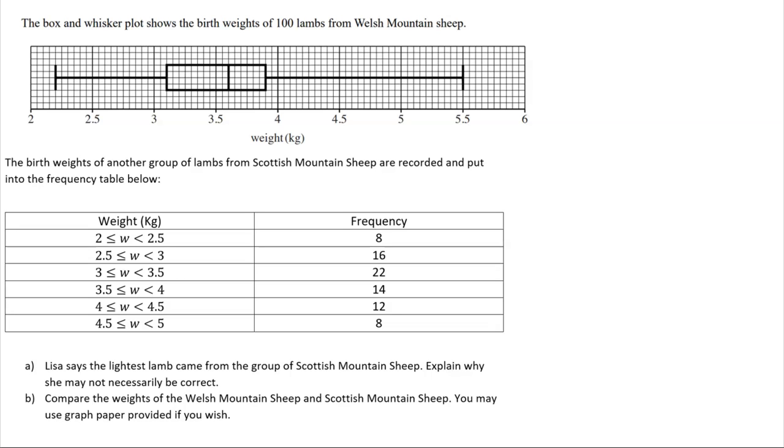The second set of data is in a frequency table. Now, I can do quite a few things with this. I can find the mean. I could find the standard deviation, for example. However, I can't compare median with mean. I can't compare interquartile range with standard deviation. So therefore, what I need to do is plot a cumulative frequency graph so I can compare the two pieces of data. But before we get into that, the first question says,